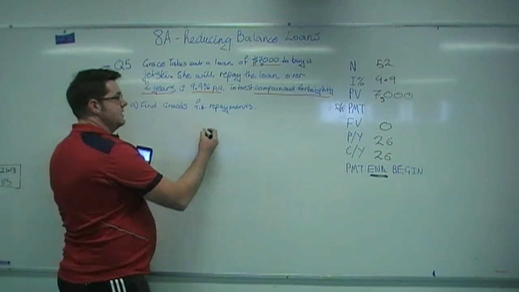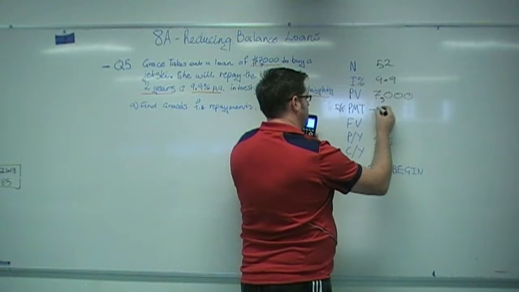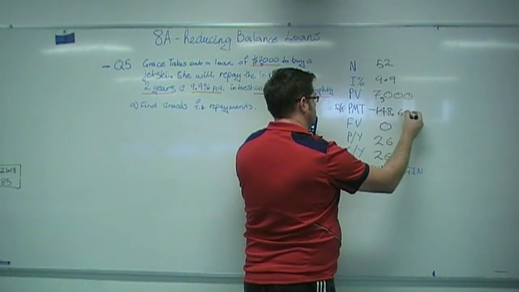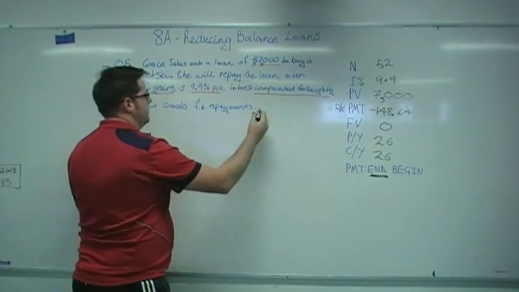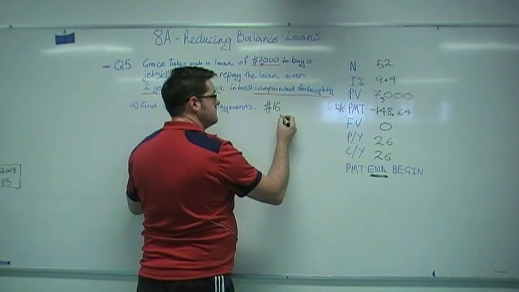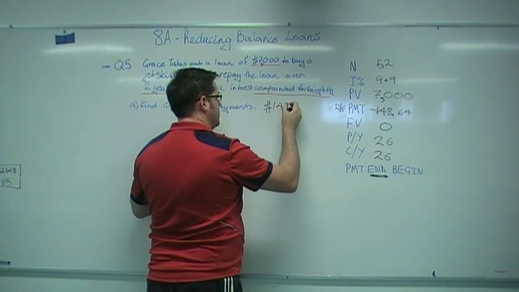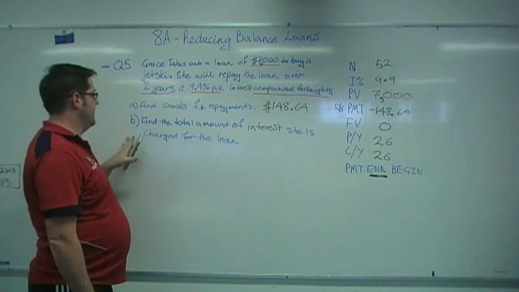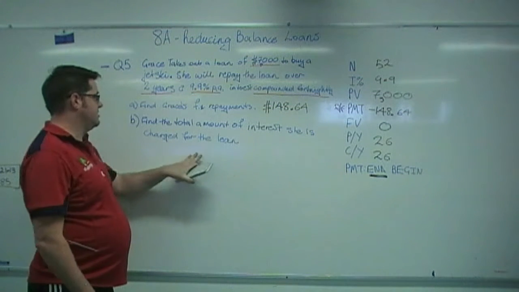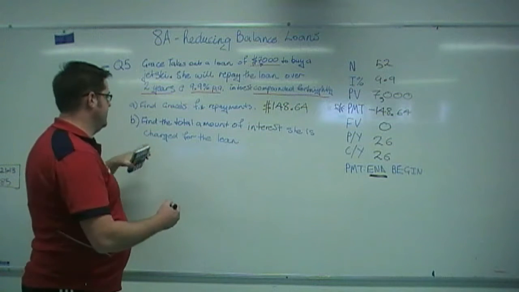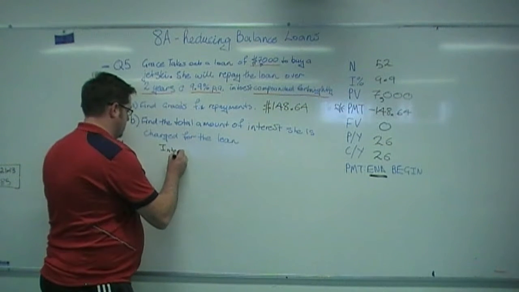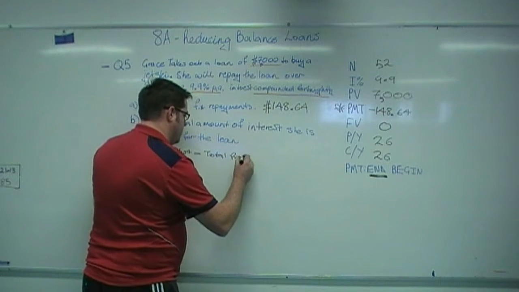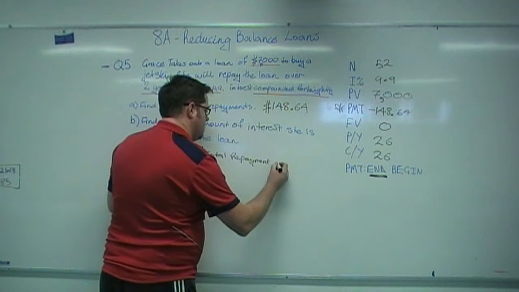Our fortnightly repayments come out as minus $148.64. So we can write that here, $148.64. The next part of question 5b asks us to find the total amount of interest she has been charged for the loan. Okay, so we know here we can say that the interest equals the total repayments minus